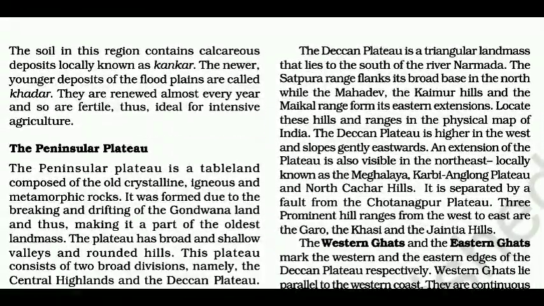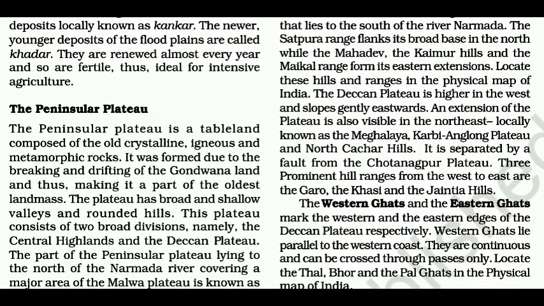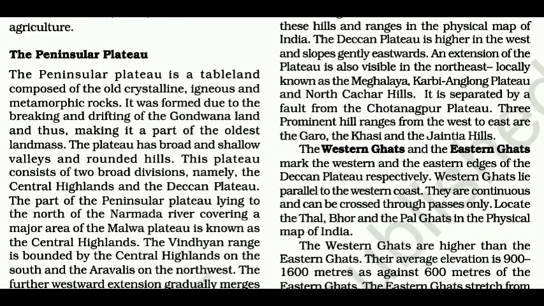The Deccan Plateau is a triangular landmass that lies to the south of the river Narmada. The Satpura Range flanks its broad base in the north, while the Mahadev, the Kaimur Hills, and the Maikal Range form its eastern extension. Locate these hills and ranges in the physical map of India. The Deccan Plateau is higher in the west and slopes gently eastwards. An extension of the plateau is also visible in the northeast, locally known as the Meghalaya